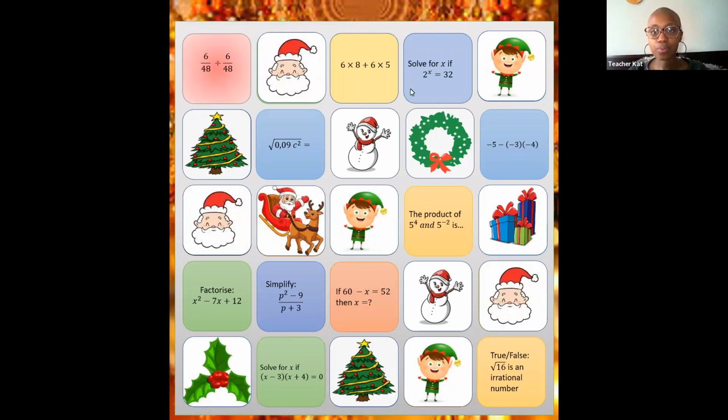Okay, so if 2 to the power of x is 32, then you have to find the exponent of 2 that will equal 32. Okay, so if you don't know how to, you can either go check and be like, okay, what is 2 times 2, which is 4 times 2, which is 8 times 2, which is 16 times 2, which is 32. That's 5. Or if you have a really, really big number and you don't know how to put it in prime factors, then you can take your calculator like so. You put the number that you want to find out.